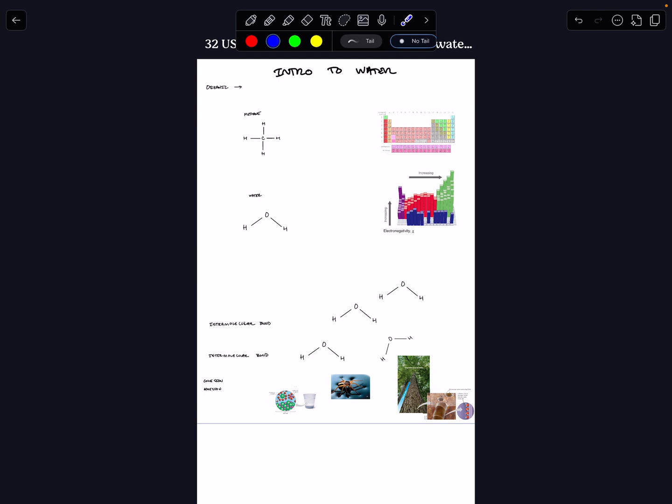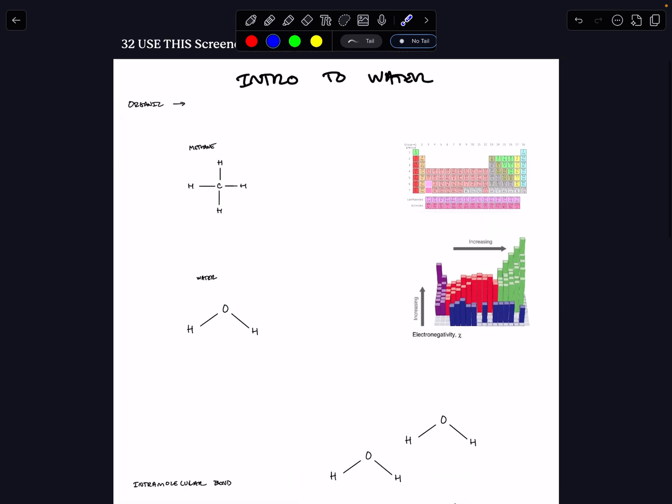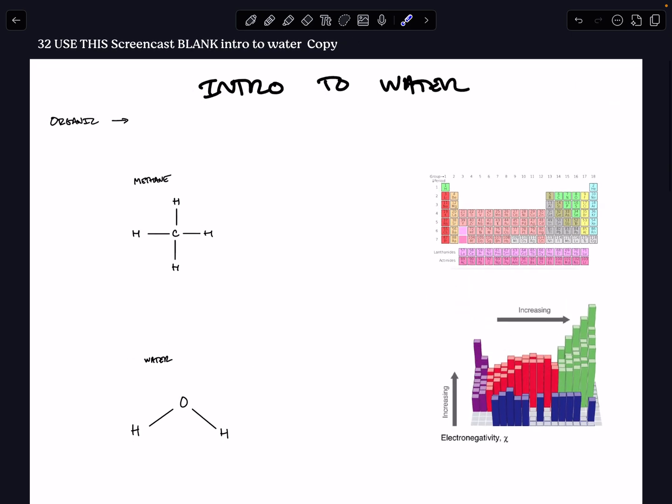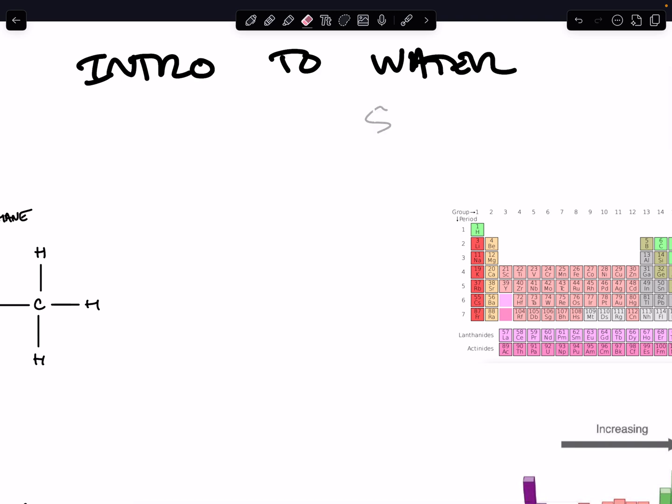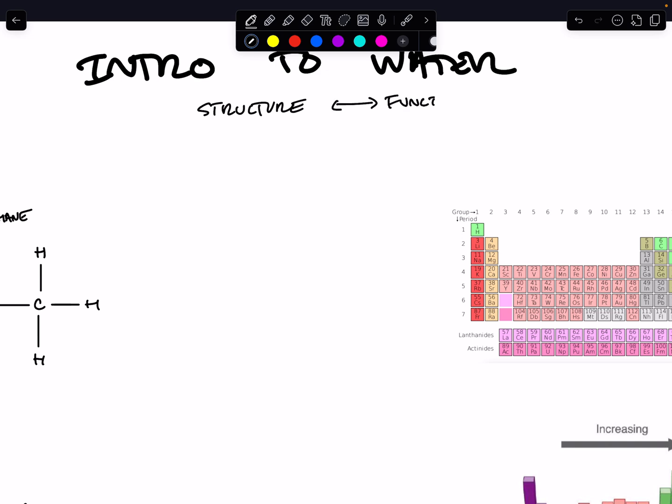So we've been talking about the structure and function of atoms and elements, and last screencast you learned about the different types of bonds: covalent bonds, ionic bonds, and hydrogen bonds. Today we're going to be putting it all together to talk about the relationship between structure and function of a couple different